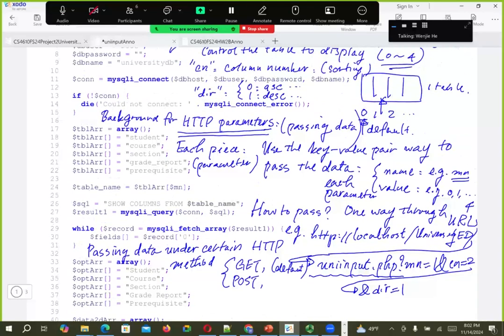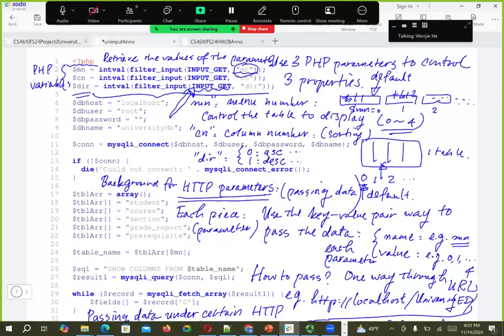Because here we use the get method, we pass the data through the URL. So that's the get way, the default way, because we do not specify anything. So that's the reason here we use